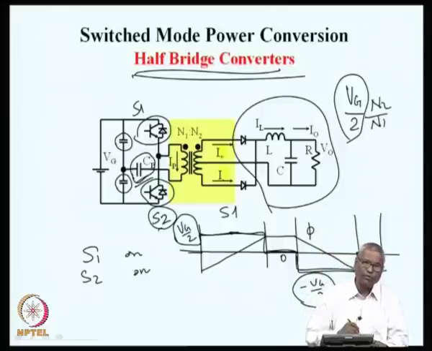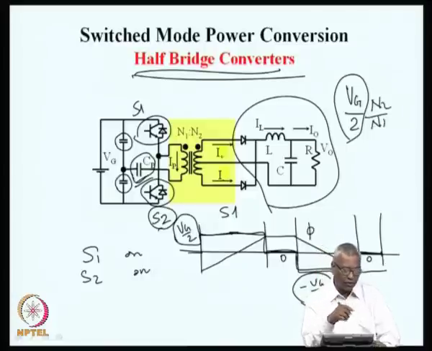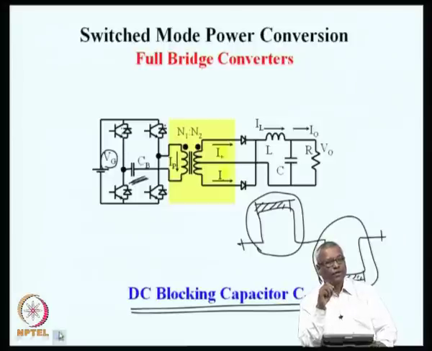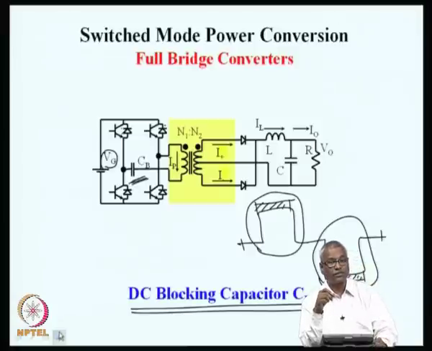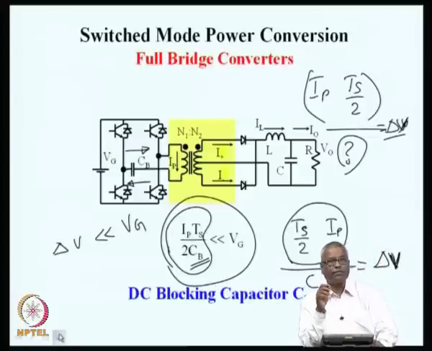The same is true in push pull circuit also. When both the switches are off, you have no conducting path, but there could be trapped energy in the core. In the forward converter also, whether lossy reset or lossless reset is used, there is a trapped energy in the core. We know that energy trapped in any circuit can give rise to problems if we do not have appropriate methods of absorbing that energy.